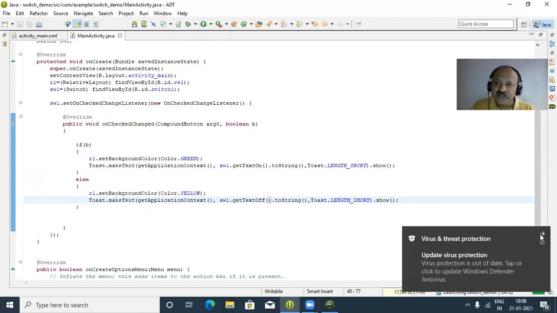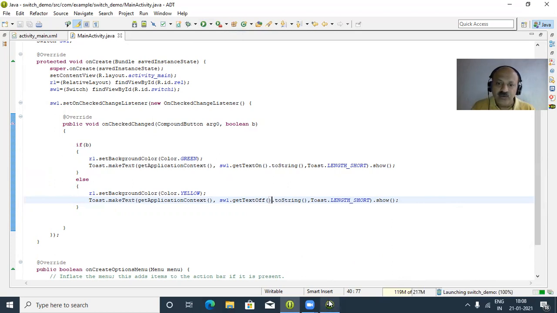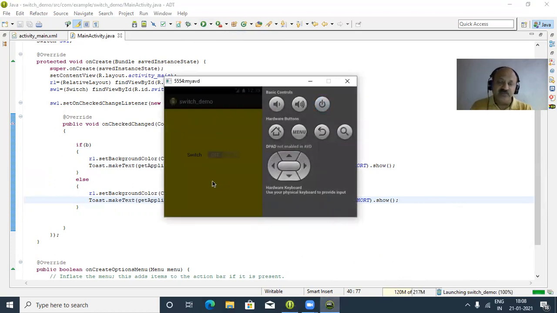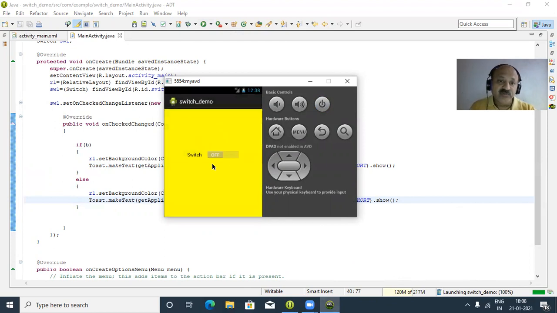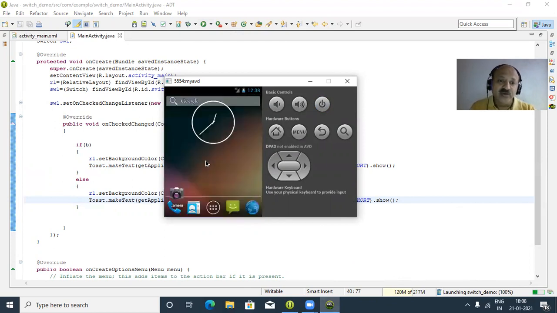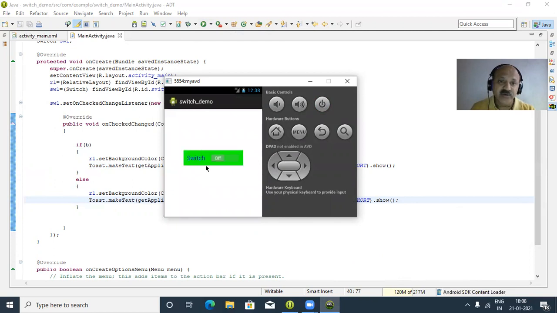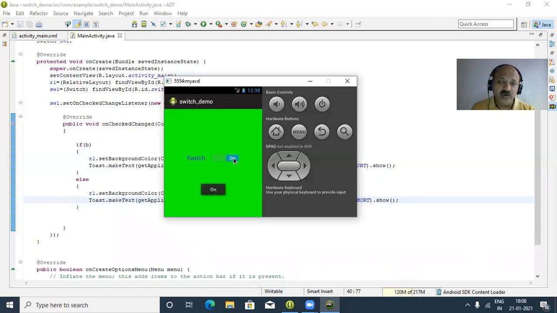They're running. Yes. And now what to do? So let us wait some time. So that is our previous output. Now yes, it is gone, and now the latest output appears. So wait a few seconds. Yes, that appears. So you can look at the background, the switch, and now you can look here on, and now it is off. So that is the two states.